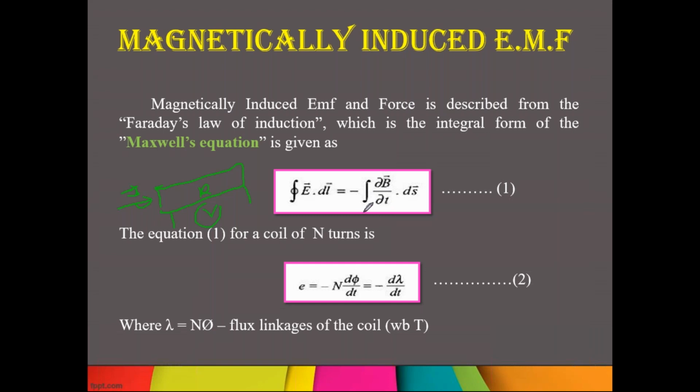This can be written as the integration of dou B bar by dou t. It means the change of the flux density depends on how much time it takes for the current to flow. So based on the timing of the current, the magnetic flux density changes in this condition. That's why I am taking this instead of E into dl, minus dou B bar by dou t into dS. And what does the negative sign indicate? This negative sign is given by Lenz law.